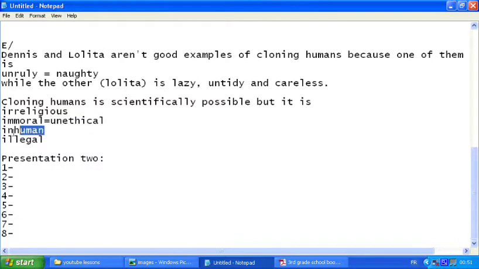Imagine how a cloned human is going to feel when he knows that he was cloned. He was conceived in a laboratory and not the result of a relationship between a man and a woman, which is the natural thing to happen. So that is why it is inhuman, because we did not ask that person for his view.